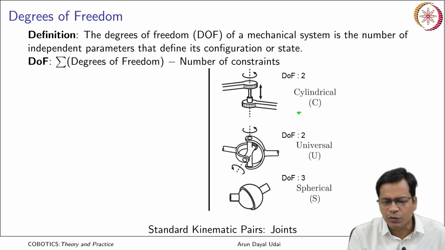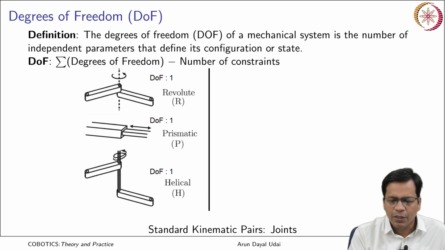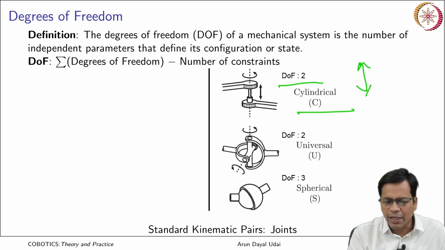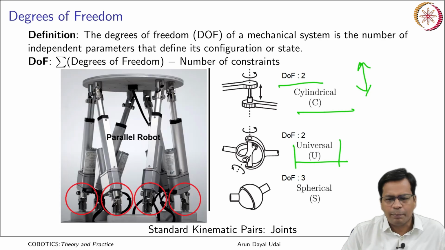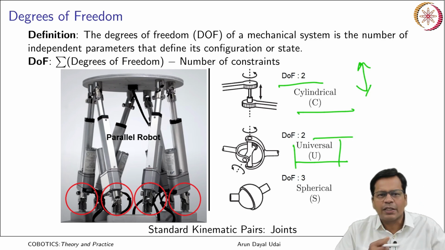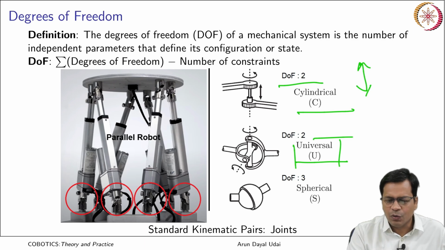Next is a cylindrical joint. This is very similar to a revolute joint, but in this case you can move along this vertical direction also. So, 2 are free and 4 are constrained. This is again quite common: the universal joint. It is used quite commonly in robots as a passive joint, normally in parallel robots also, okay. So, this has 2 rotational degrees of freedom orthogonal to each other that are free, and the remaining 4 degrees of freedom are constrained. So, it is left with 2 DOF. This is known as a universal joint.